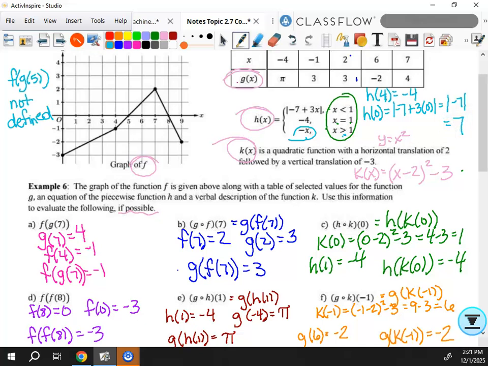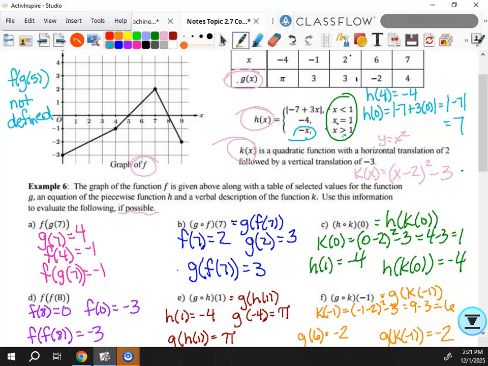So you have to be able to read these piecewise functions and understand what to do with them. Okay. Any questions at all about where anything came from? Okay. So then the last two are what some of the multiple choice questions might look like on the